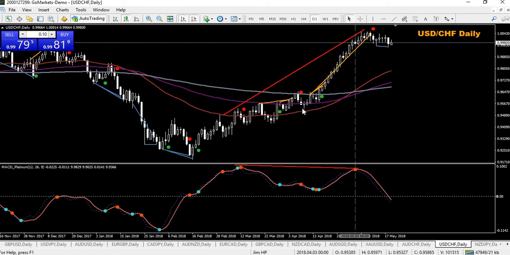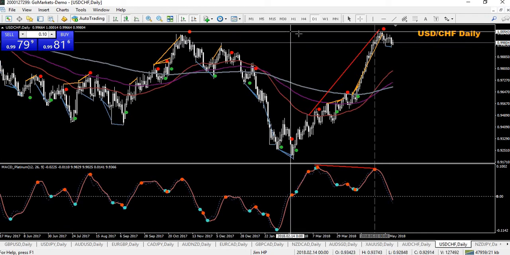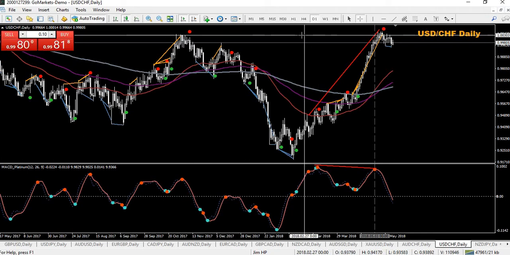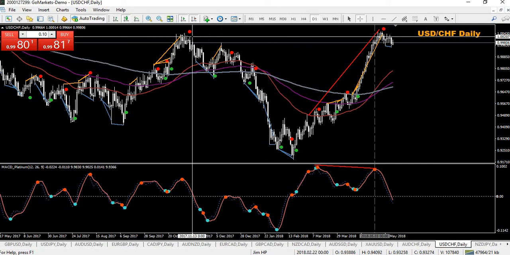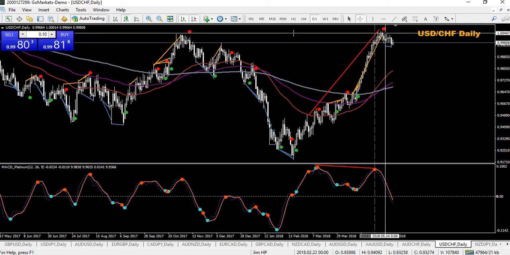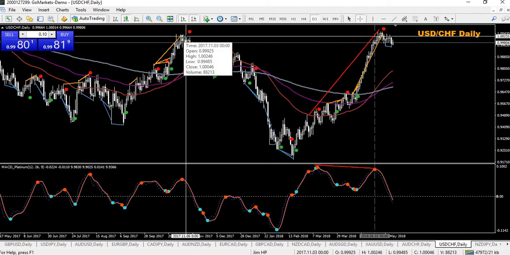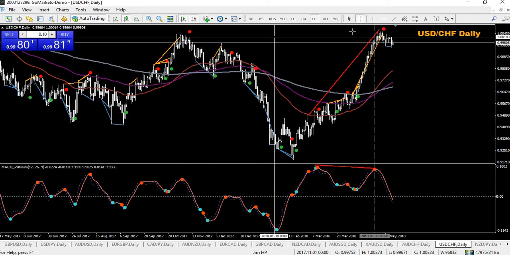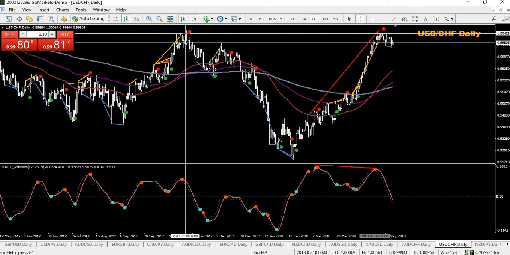USD Swiss franc had a huge run up, and the MACD rolled over, and I was patiently waiting for a sell signal, and it happened, but it's a bit in no man's land. The only thing that got me a little bit excited, and I'm still looking at it, is the double top here. If you look left here, going back to November last year, it's got to that same level again. That's a fairly significant level,